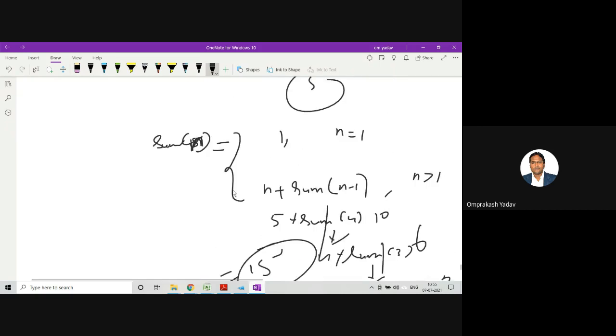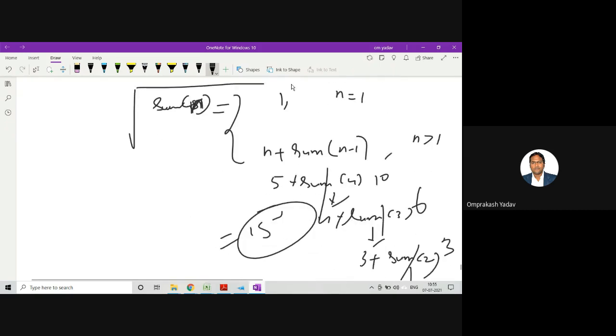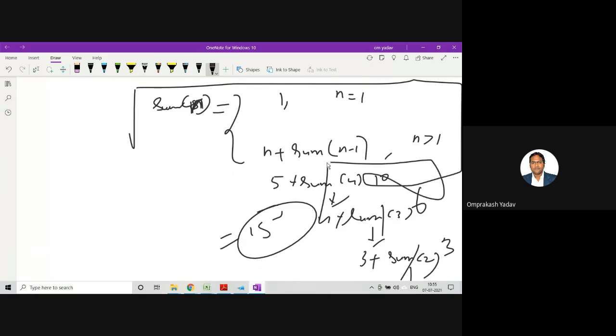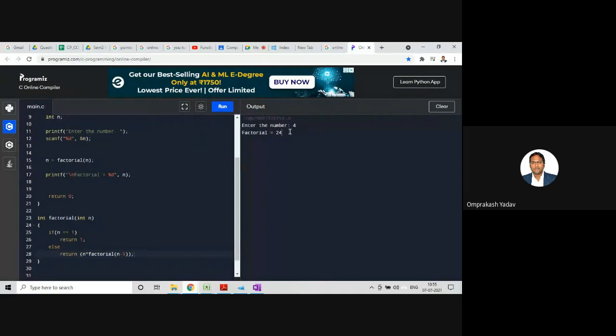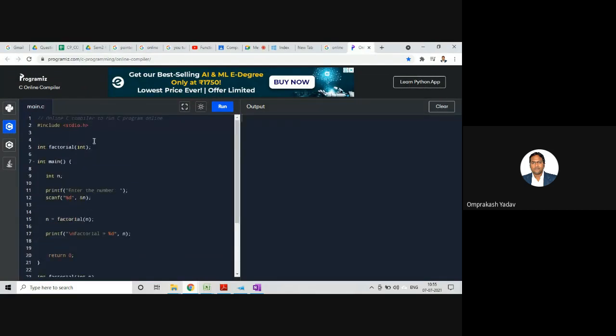So let's write this particular program. You can see this particular condition which I have written. So here I'll write, let's say, recursive sum. And here I'll change the name, recursive sum.